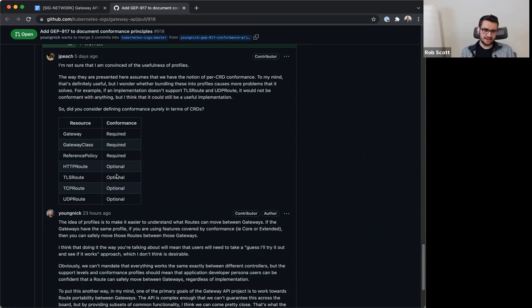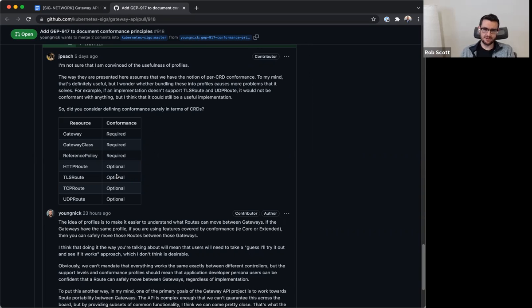What it feels like we need, and there may be space for this, is that conformance profiles are a useful shortcut, a useful way of describing the 95% of implementations that are going to fit into a bucket of, hey, I am an L7 proxy, or that profile. Whereas we need to have some room for the 5% of implementations that don't cleanly fit into one of those buckets.